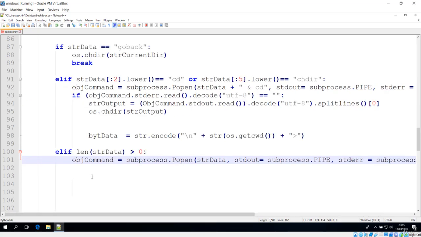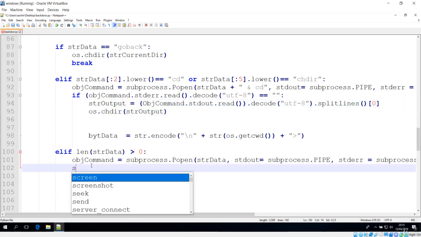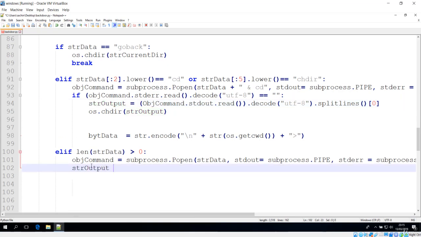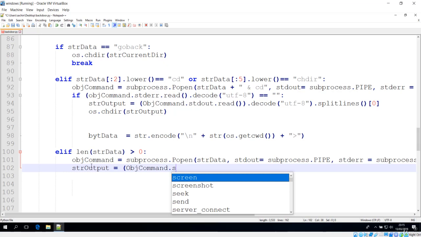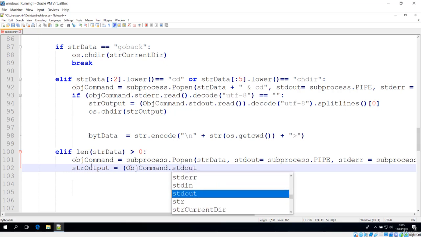Now let's go over here. So after we make that command work, the next thing we need to do is get the string output again. So same as before, what we just did over here, now we do not have to check for the standard error, but we can simply go for the string output. So let's take that str output, and first of all let's use that object command like we have done before, and stdout, which is going to just read the command.